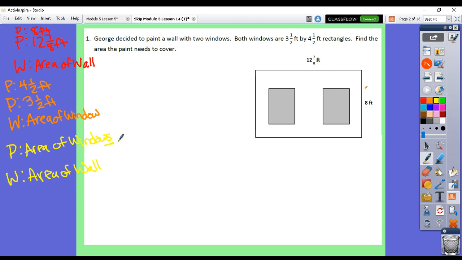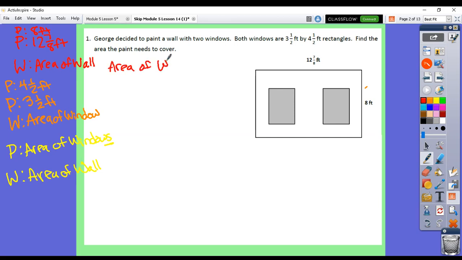I'm going to underline that S because it's important to know that there's 2 of them. These are 2 windows here. If I was building this wall and I said to put in 2 windows, what you would do is you would cut out those windows right here. And it's the same thing with paint. When we're painting this wall, we're not going to paint over these windows. That's not how you do it. So we have to take the area of those windows out, just like we would cut it out of a wall. So for us to solve this, we have to take the area